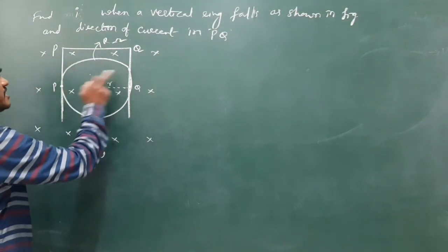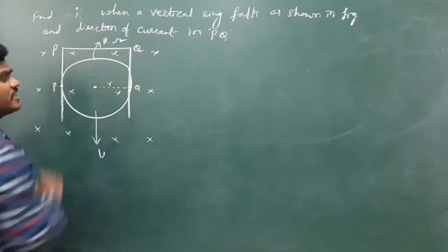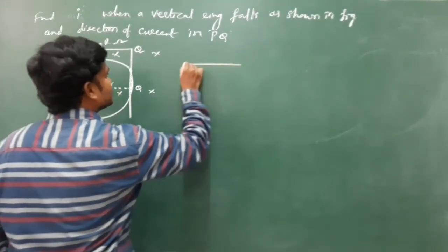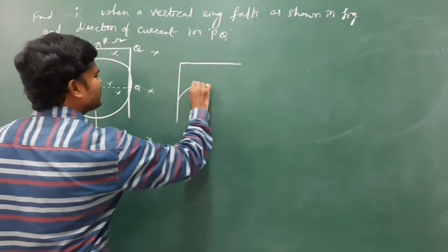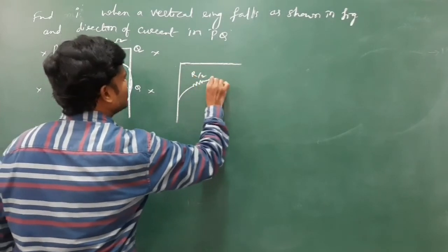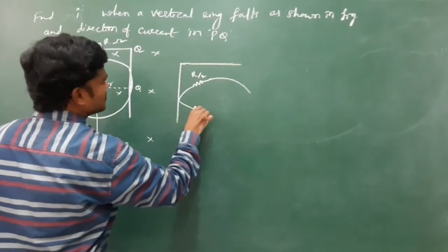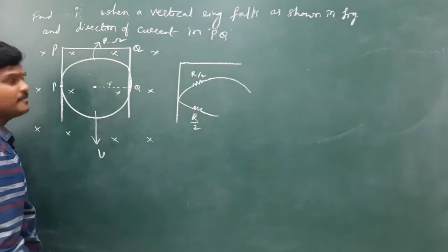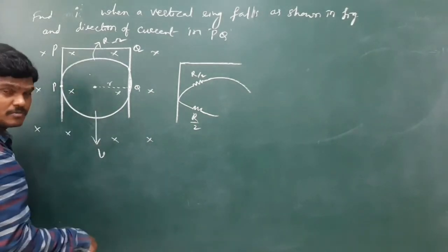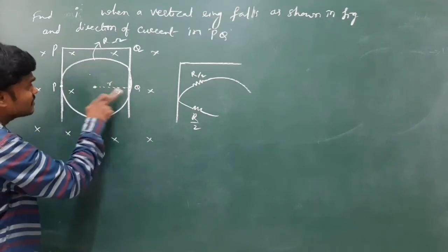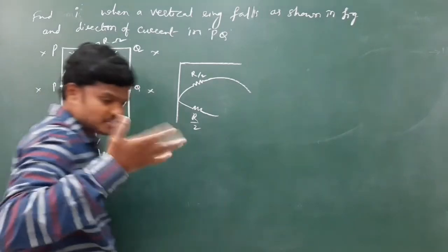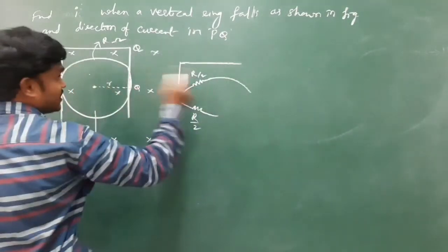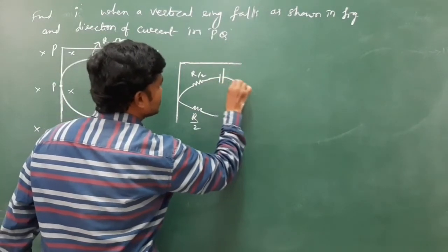Here replace this wire with some resistance. See, the complete total resistance of the ring is R, and we can replace it like this. So this is the rail, and I am going to replace it like this. This resistance is R by 2, and this resistance also R by 2, and replace this wire with a battery symbol. Tell me how to get the battery symbol. See, the wire is moving down. Length of this semicircular wire is 2r. Moving down, use the V cross B rule. So direction of induced current is right side.